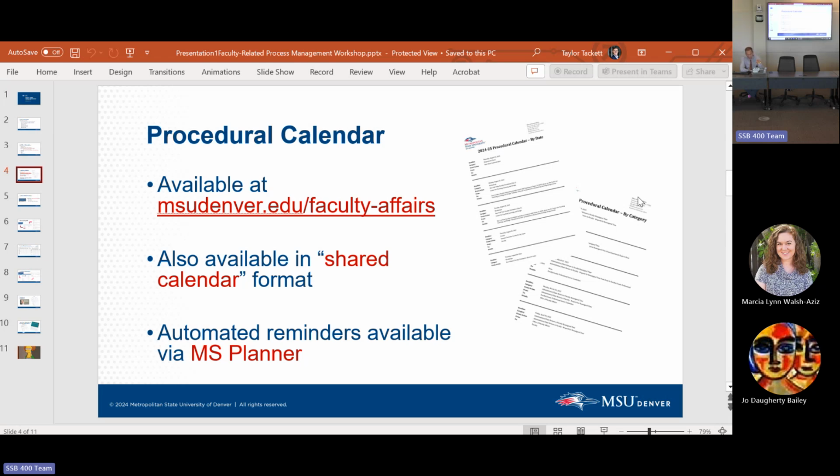If you're hiring somebody who is coming in as an administrator and there's a tenure upon appointment agreement that is made, you'll want to let us know about that as well. There are some dates in the procedural calendar to remind you, but all of you are more than welcome to just tell us when it happens. You don't have to wait until those dates, because Tracy's tracking it in our spreadsheets and we've got a pretty good record of when that happens.